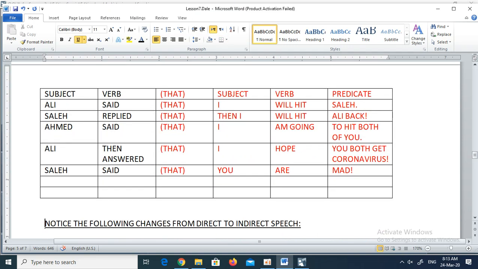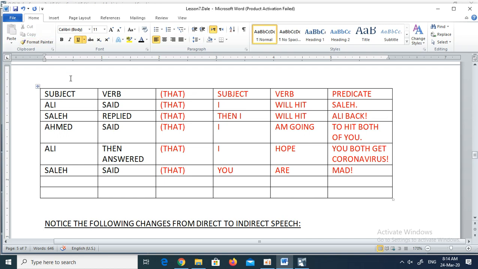So Ali and Saleh and Ahmed were having a conversation. And there was a fourth person there called Ziyad. And Ziyad heard what Ali and Saleh and Ahmed were saying. And then he came and told me what they all said. These would be the words that Ziyad would use to tell me what Ali and Saleh and Ahmed said. So we will start